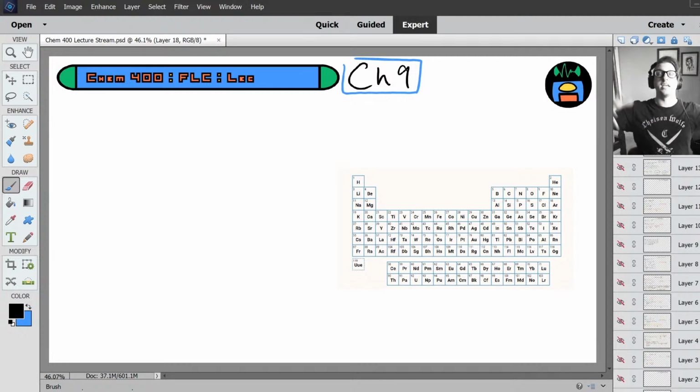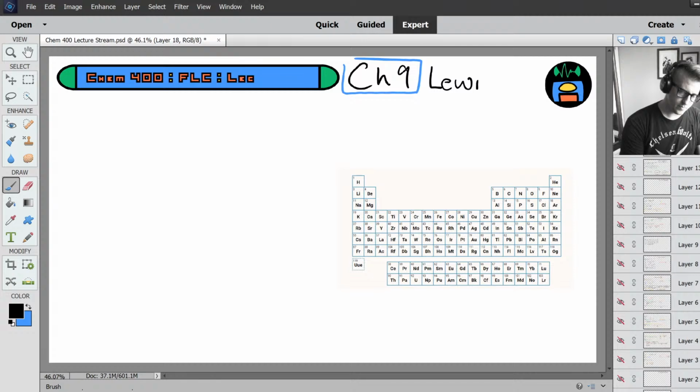We move into an even larger scale. We're going to start talking about all of the electrons in molecules. So we went from individual electrons to atoms, and now we're making the jump to molecules. So we keep getting larger and larger in scale. All right. So this is going to be our introduction to the electronic structure of whole molecules, and that has to begin with a discussion of Lewis theory.